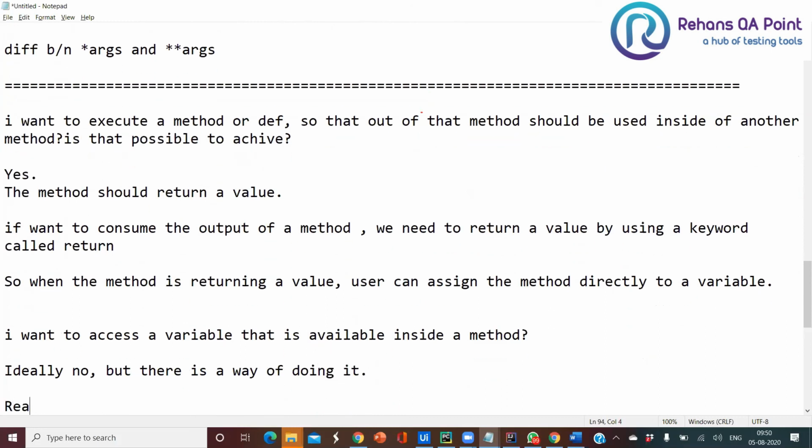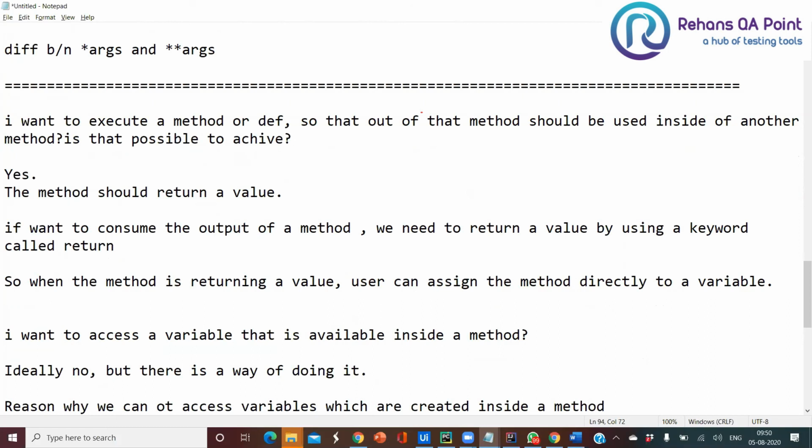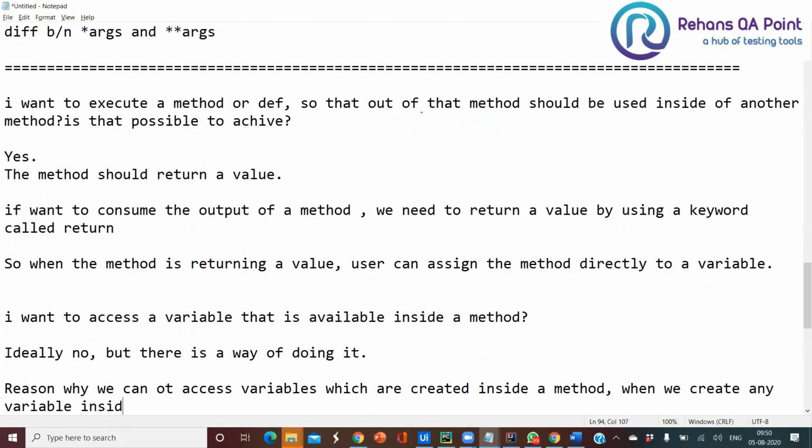The reason why we cannot access variables which are created inside a method is that when we create any variable inside a method, the lifetime of the variable will be within the method.